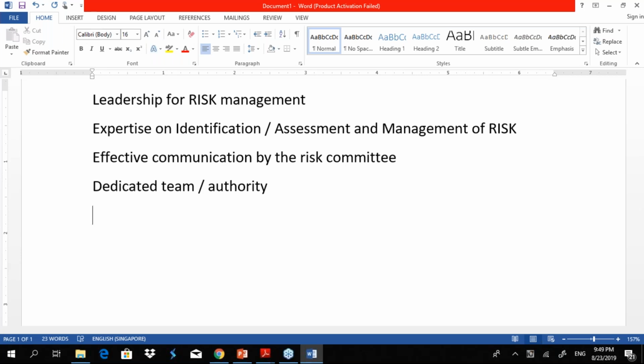So don't you think it's better that we have some executive directors also in the risk committee? So you can form a separate risk committee with executive directors. And then the non-executive directors who are part of the audit committee can take an oversight approach.